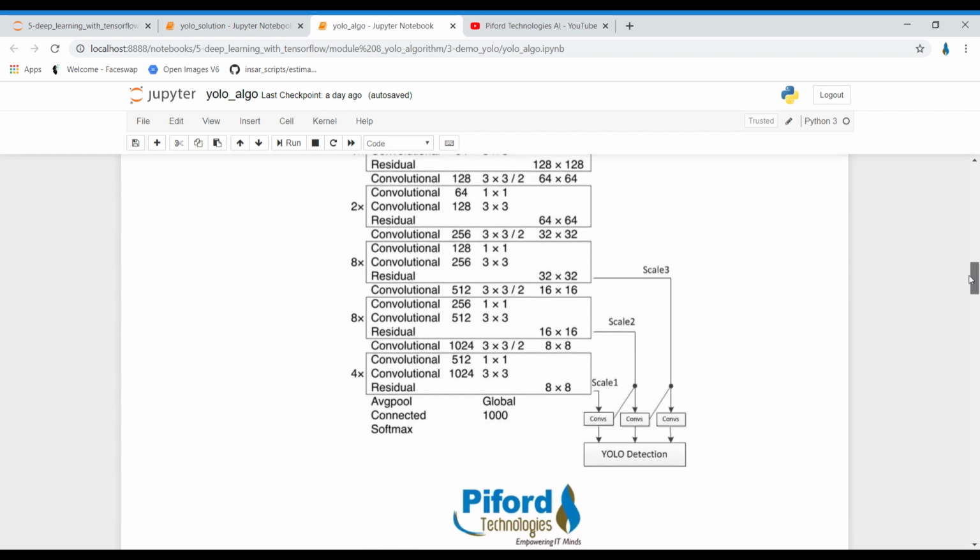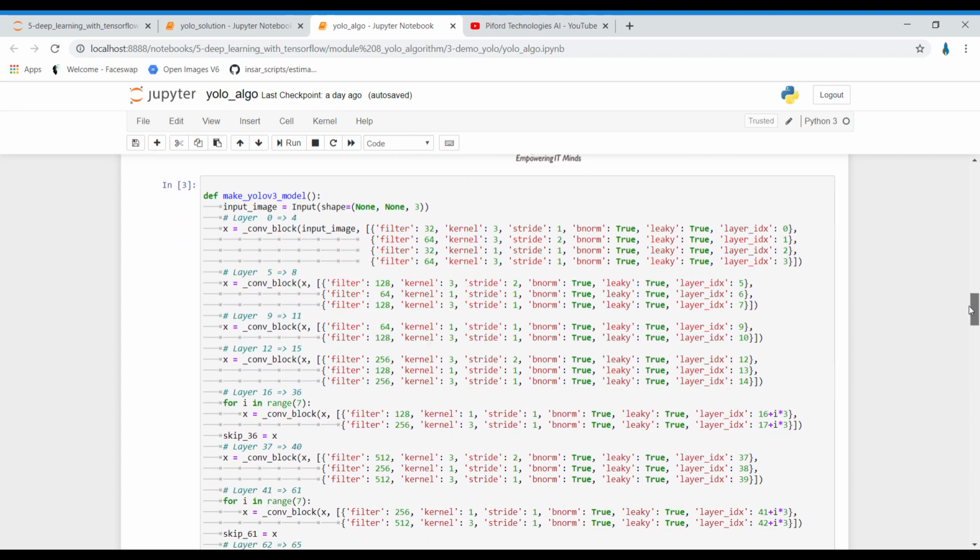Now let's build the architecture layer by layer. I have created another function over here with the name make YOLO v3. Before explaining this architecture, let me tell you, in a CNN network we have three kinds of layers.